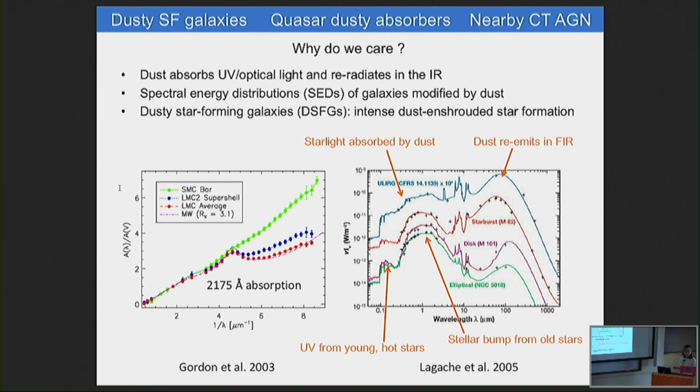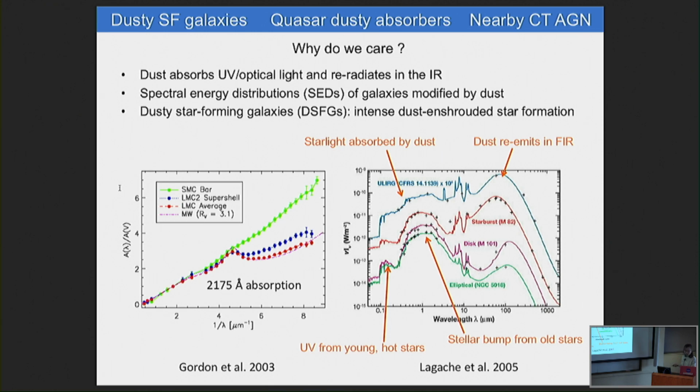What are the ideal conditions and what kind of galaxies do they live in? I'll come back to this. Moving from the left to the right, the absorbed light hits the dust and dust re-radiates in the far infrared. That's dust emission. Historically, the galaxies that were selected at bright sub-millimeter wavelength are known as sub-millimeter galaxies, or SMGs. SMGs are essentially dusty star-forming galaxies characterized by intense dust-enshrouded star formation, and they make up the bulk of